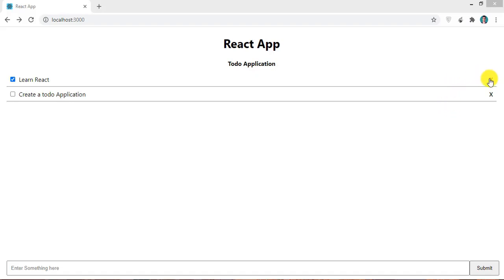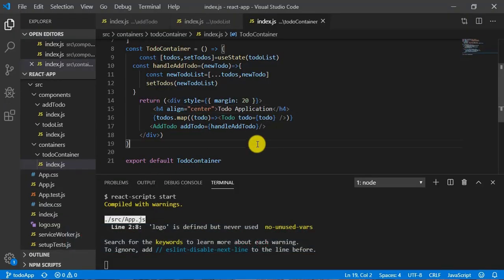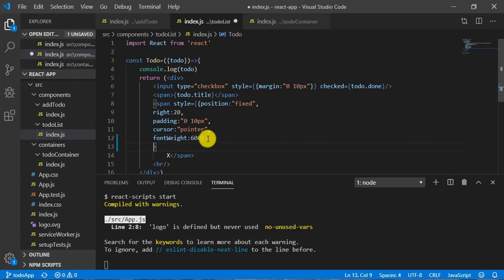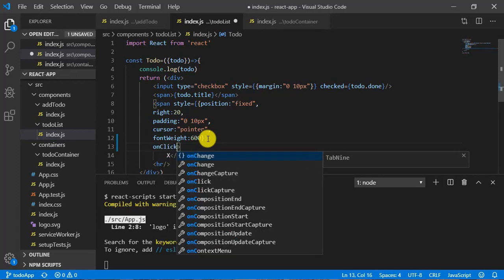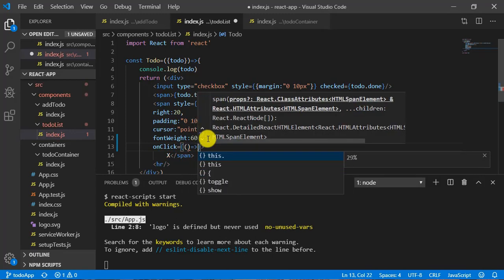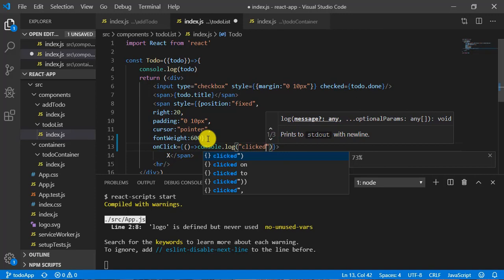Here as you can see we have already designed our removal icon for each todo. So let's handle the click event of this icon. So now let's come to the VS Code and TodoList, and here you can see your icon. Now let's handle here the onClick event. So onClick, and here I can take an arrow function and I can do here console.log and log something. So clicked. Save it and come to the UI,